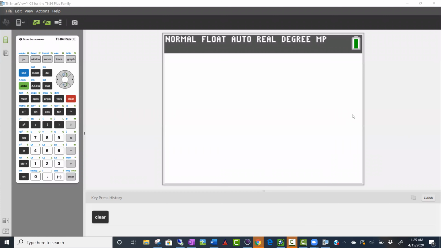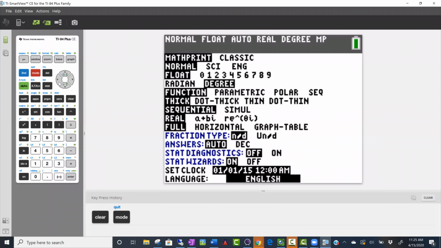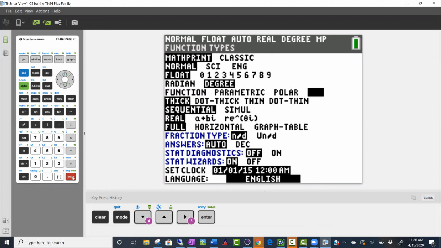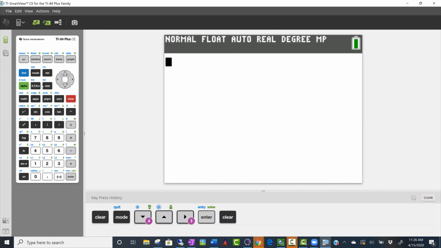If you want to do some of this stuff on your calculator, you can. The first thing you want to do is go to mode and then slide down to the last option, which is sequence. That's going to turn your calculator into something that works with sequences. And if you exit out of here, and I think I can just do that with the clear button, then